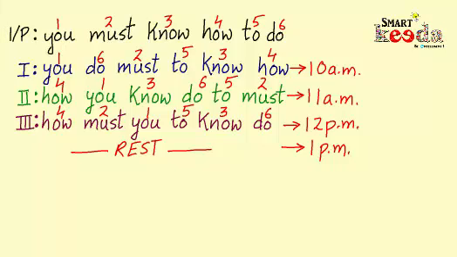Now in the second pattern, the words of the previous step are arranged in the order last, first, second last, second, third last, third and so on. And we can observe the second pattern between batch 1 and batch 2. As the last word of the first batch, that is how, is placed first in batch 2, then the first word of batch 1, that is you, is placed next to how in batch 2, then the second last word no is placed next to you in batch 2, and after no, the second word of the first batch, that is do, is placed in batch 2, and so on.